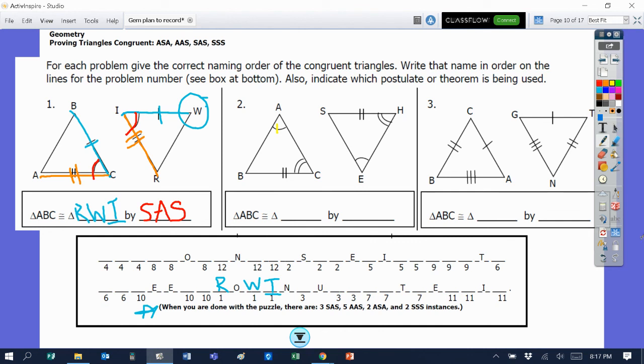So making sure you get this work done. I'm going to count it as classwork, and pay attention to the due date, study your Quizlet, and of course,